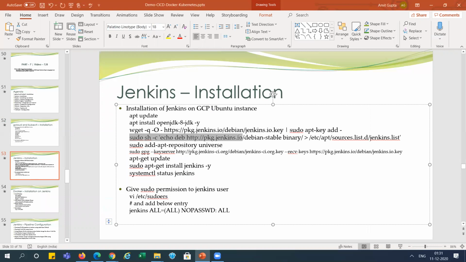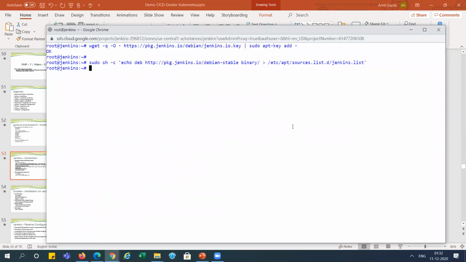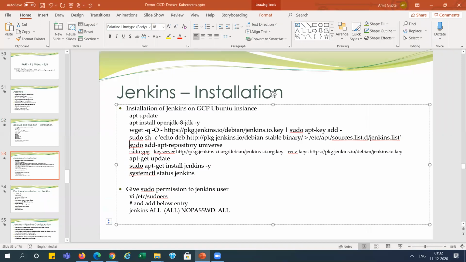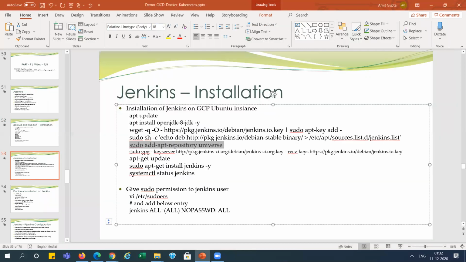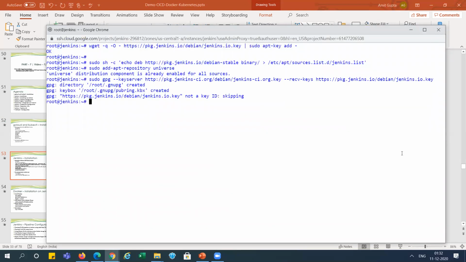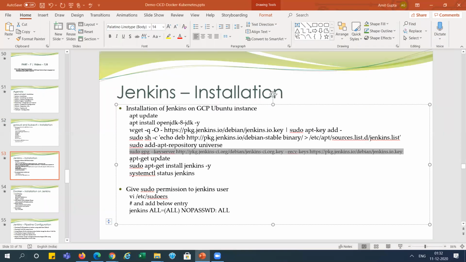Okay, now I'm running this. We have added the repository here. Again, we need to update it.